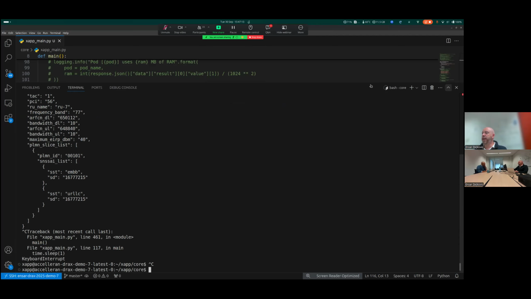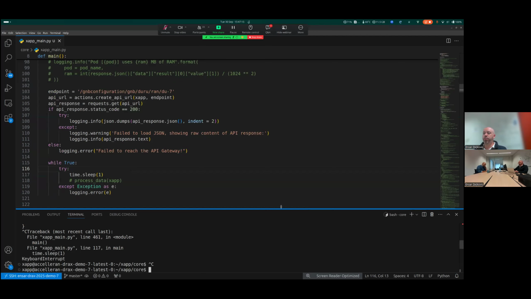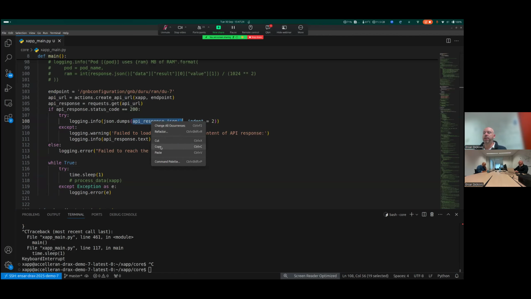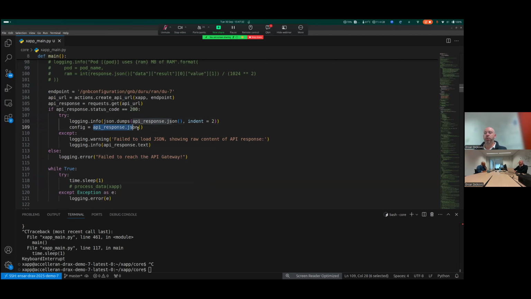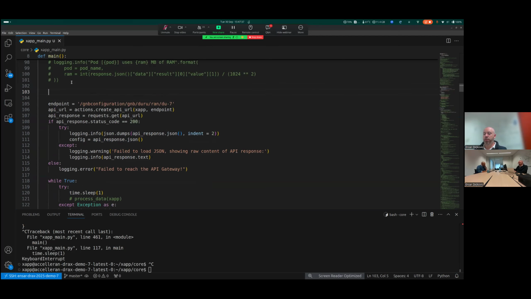Let me kill this xApp and put this window down. So how can we do that? Well, basically this API response.json holds that configuration that we are talking about. So let me create another variable called config and store this response JSON inside of that config. I, of course, need to declare this config over here.